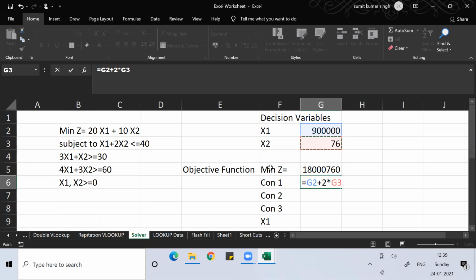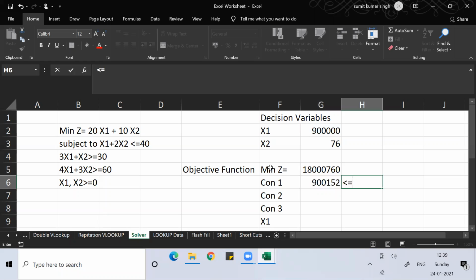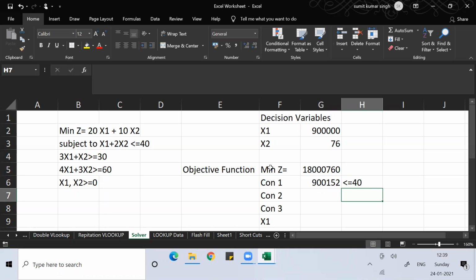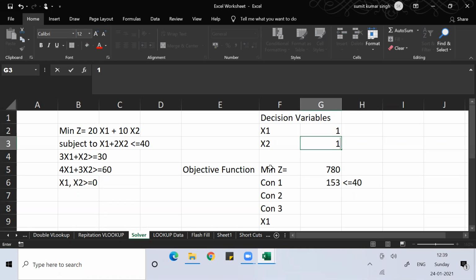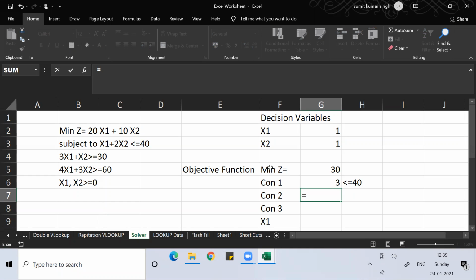This is your first constraint. Then you put any value here. Please understand, it doesn't matter what value you put, don't go with that value, because that value will change at the end.